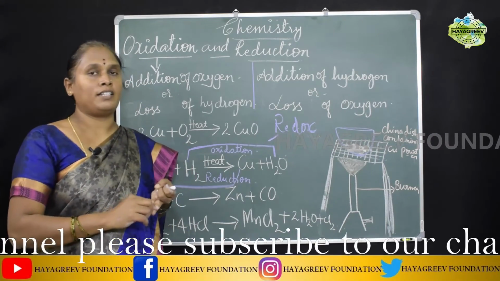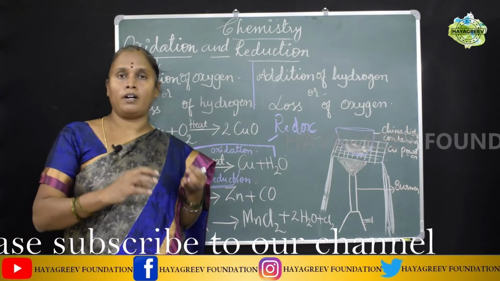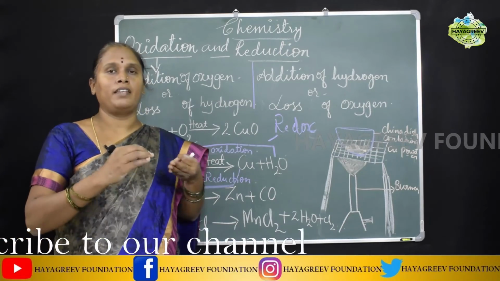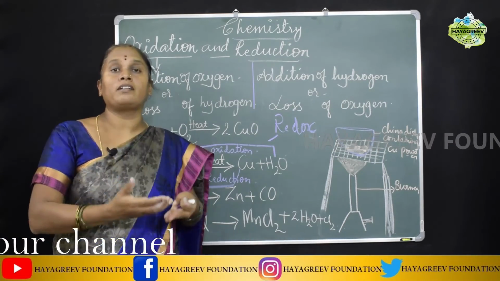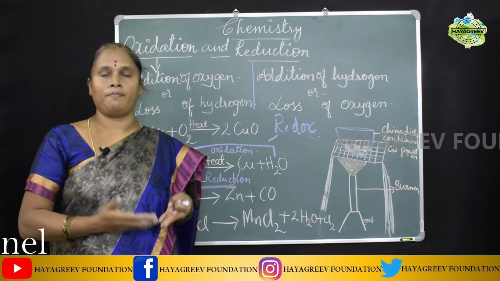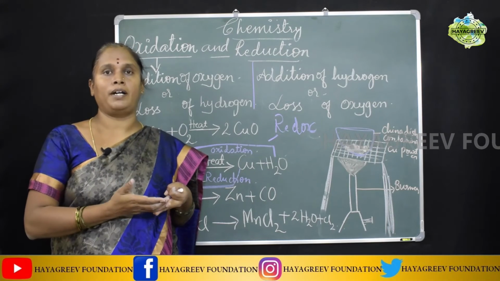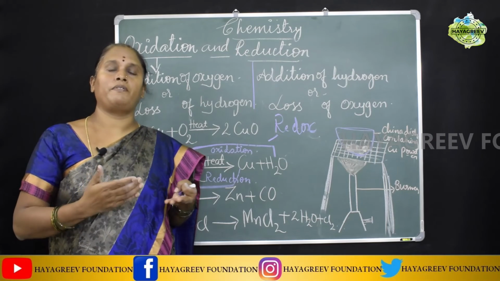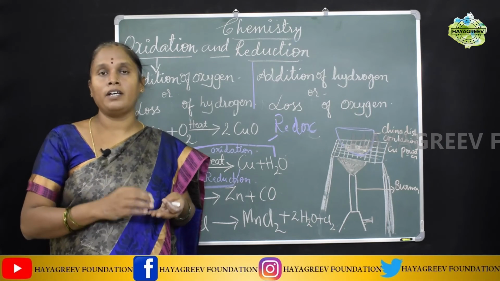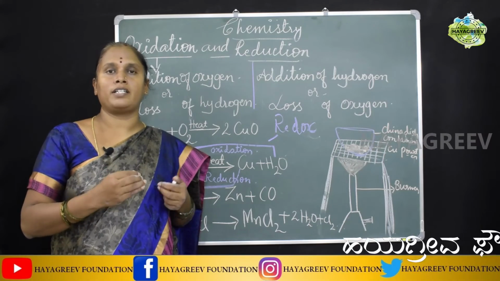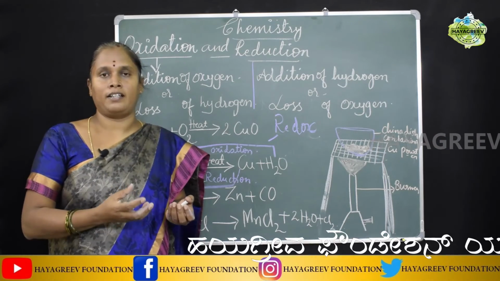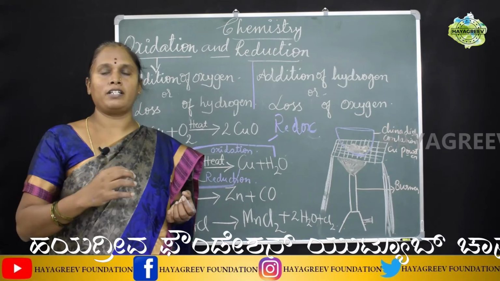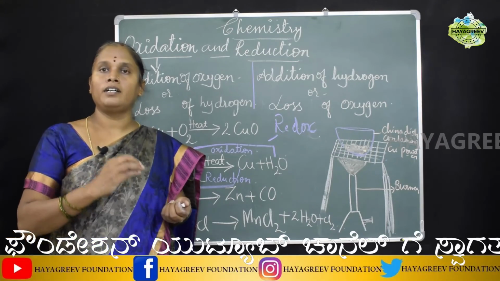The second is that food items can be stored in airtight containers, where they are prevented from exposure to atmospheric oxygen, or refrigeration can also be done. Apart from that, rancidity can be prevented by flushing the food items with nitrogen gas. That is what is done in chips packets and other such packs. When they are packed, they are flushed with nitrogen in order to prevent rancidity.